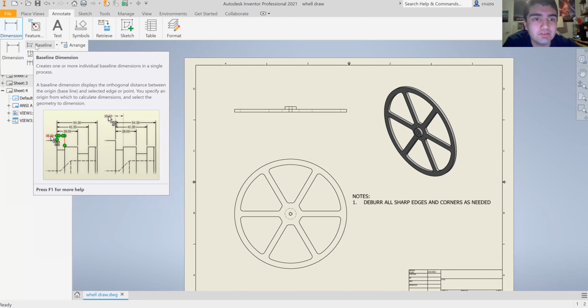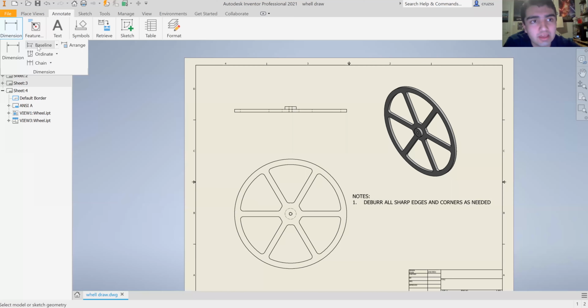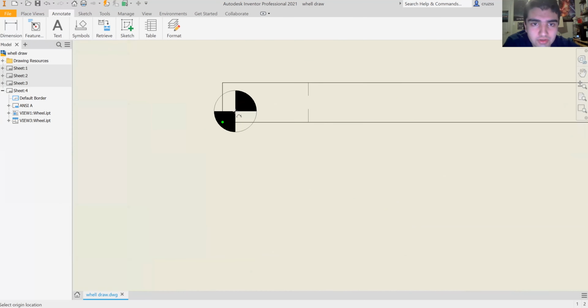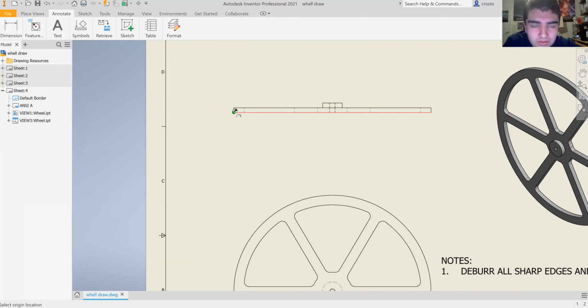Ultimately, all of these are just different ways of presenting information. Some of these are aligned, some of these are in ascending order, and some of these are just lined up. Whatever case you need, we're going to demonstrate these. So Ordinate would simply be, oh, got to select the drawing first. Then what we can do is just go ahead and zoom in. As you can see, we'll just be selecting